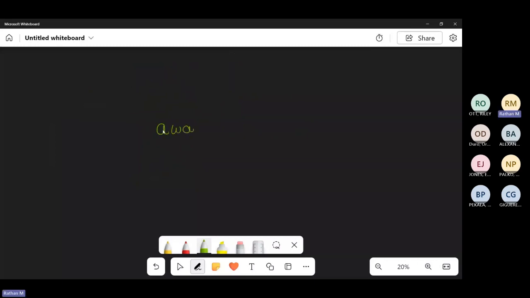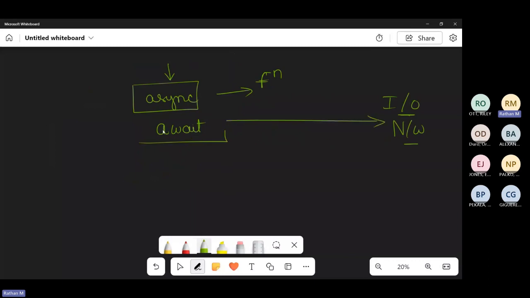We use await and async as two keywords. That's it. Any function which is performing an input output or network operation will be written with an async keyword, indicating that function will perform async operation. And whenever you're performing input output or network bound operation, you will use the await keyword to make sure that it will perform other operations meanwhile. That is exactly what we have within this.